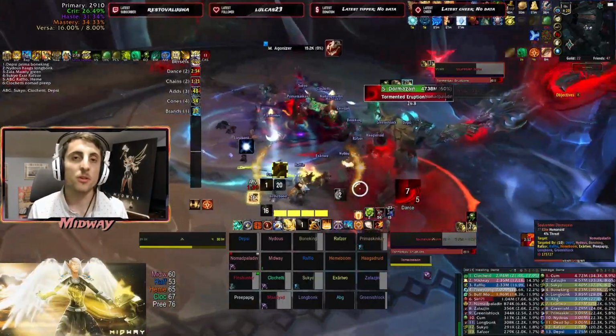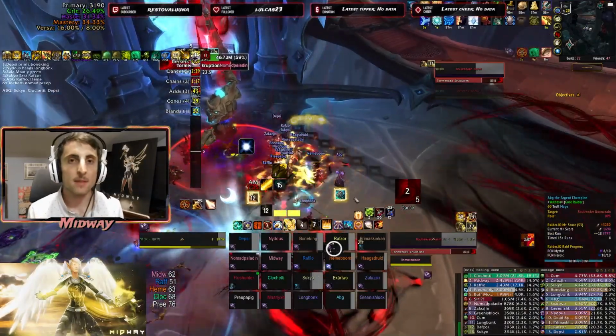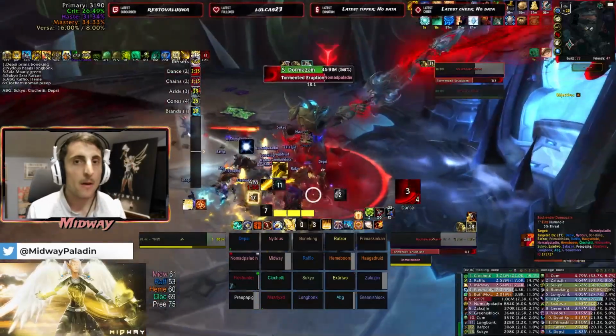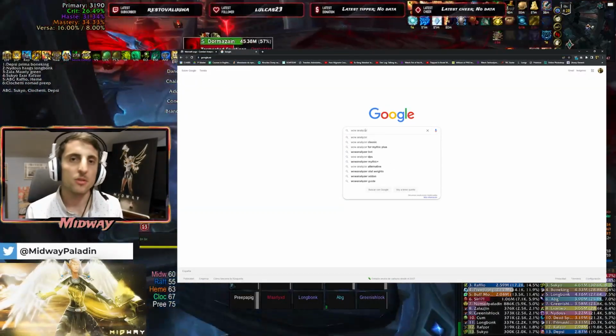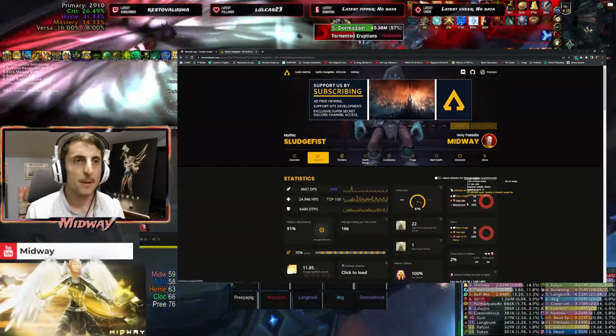Just try and focus on what you're doing. Try and focus on your rotation. Compare yourselves to others by looking at logs. See what your holy power generation per minute is. Stuff like WoWAnalyzer kind of helps with this. It might be a little bit broken nowadays. It's not really accurate to use WoWAnalyzer with, I think, Maraad's is kind of breaking it,